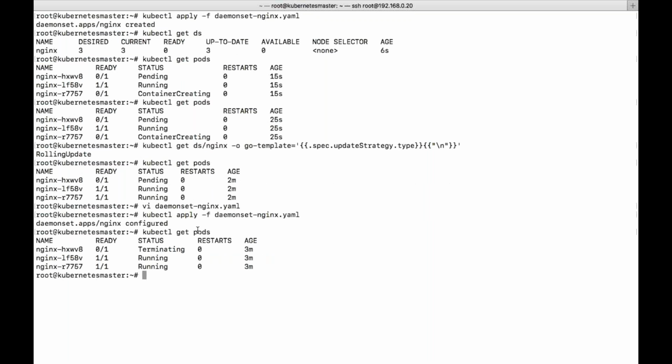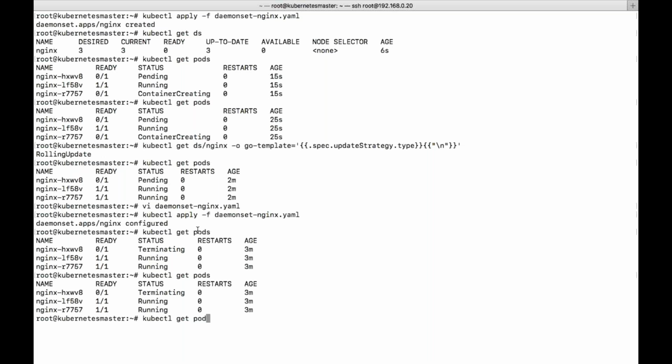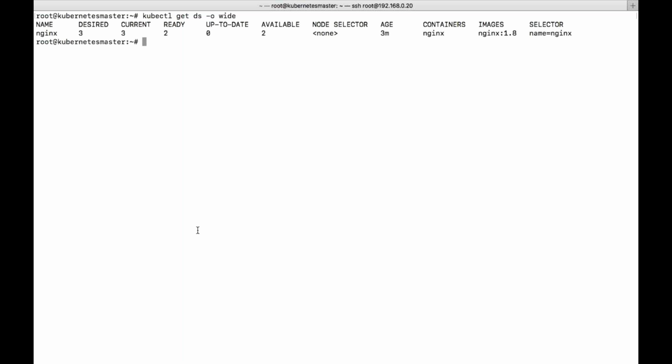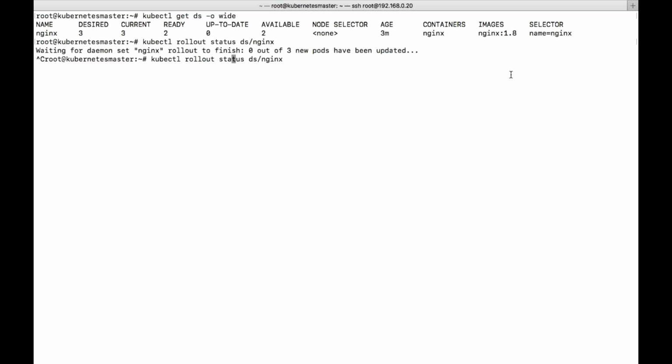And it's terminated because that particular node is not available. You can see now you are using an Nginx called 1.8. If you want to see that, the rollout is already done, right? So we need to give history. You can see.